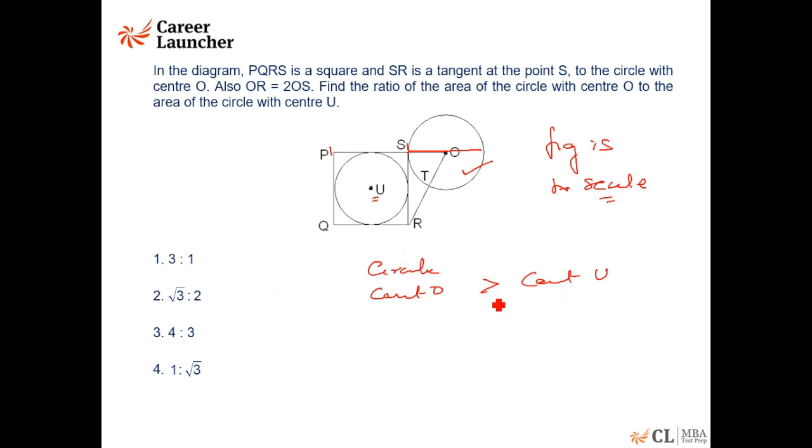But is it significantly bigger or is it marginally bigger? They look almost the same. So the gap is negligible, which means the first number has to be bigger than the second number. Choice 2 is wrong, choice 4 is wrong because this is 1:7 and this is 1:1.7. So choices 2 and 4 are wrong because the first number should be bigger than the second number. And second, both the circles are almost the same size, so 1:3 is not likely to happen. This should be the answer. A visual inspection of the figure gave you the answer.